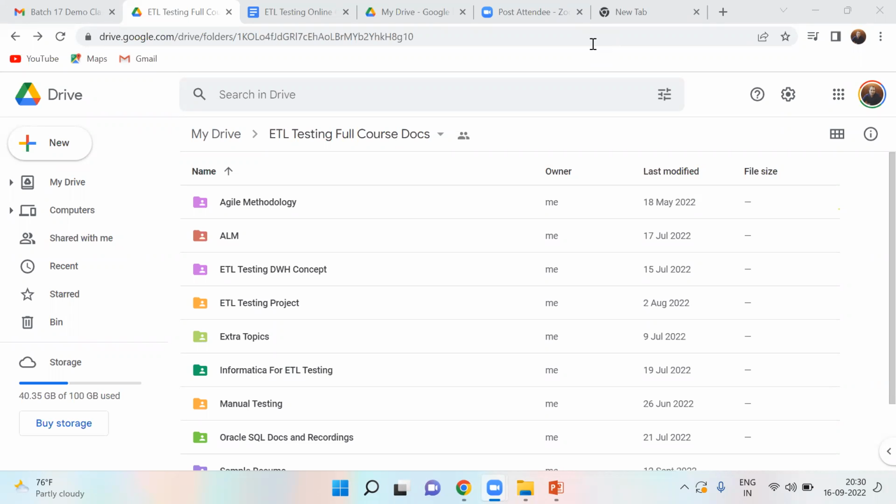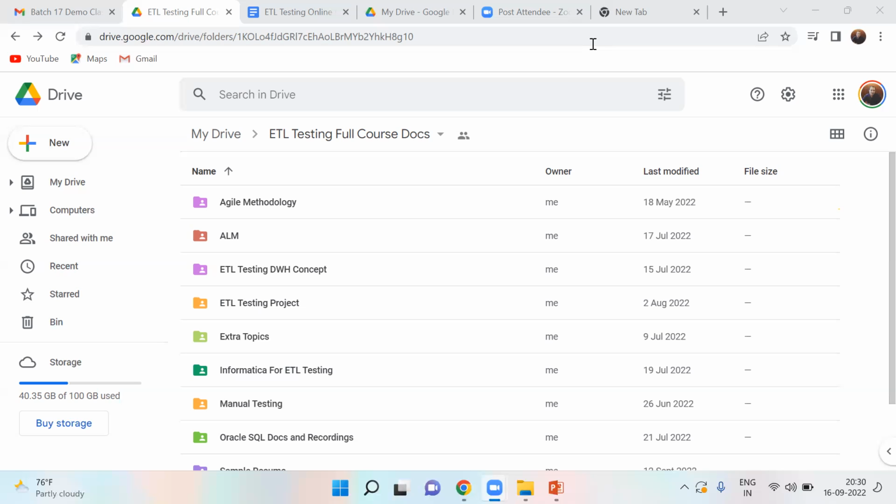But sir, I have heard of manual or automation testing. ETL testing is a part of automation testing. No, it's data validation testing. In manual testing, you will be validating the web pages, how the Amazon web pages will be, how the Flipkart web pages will be.